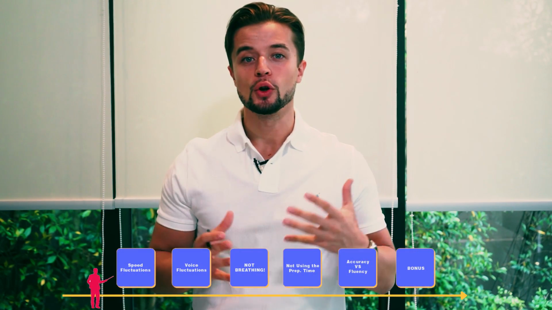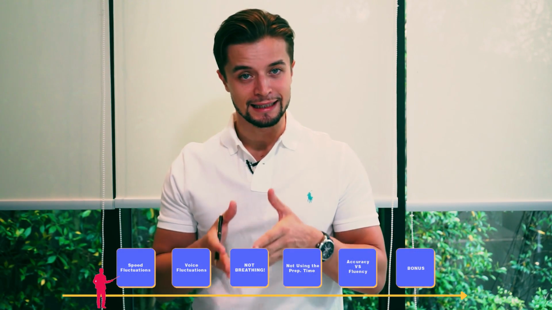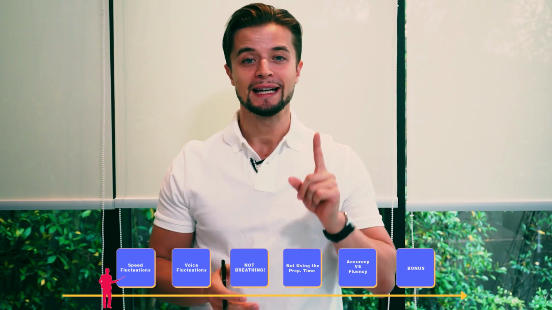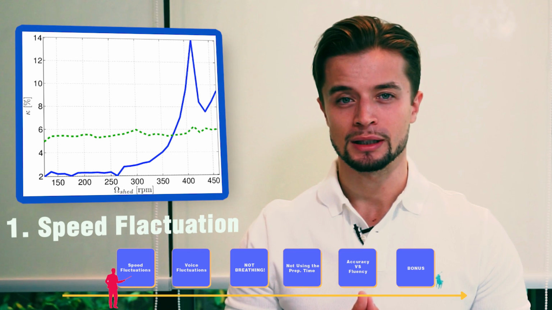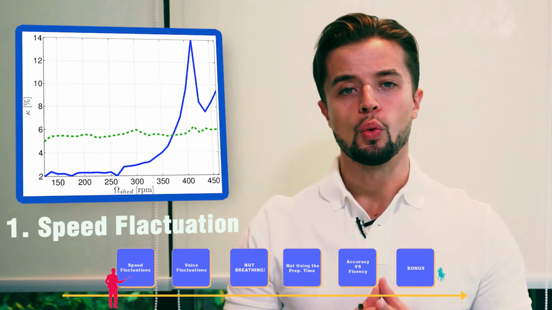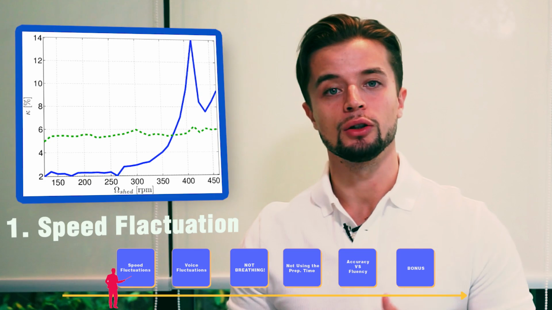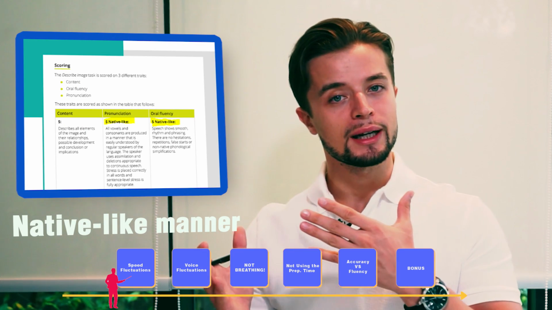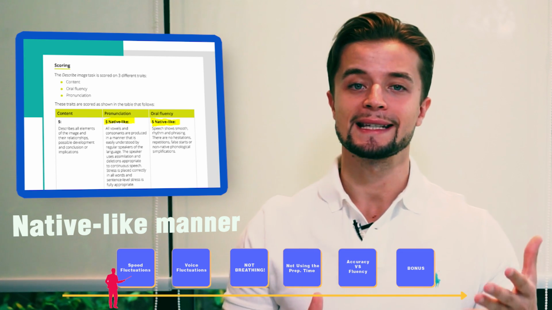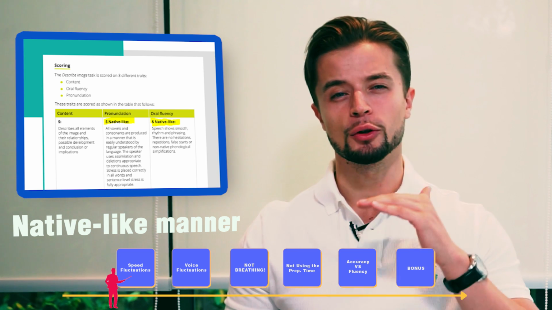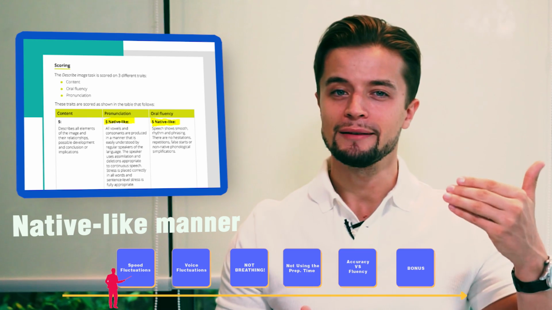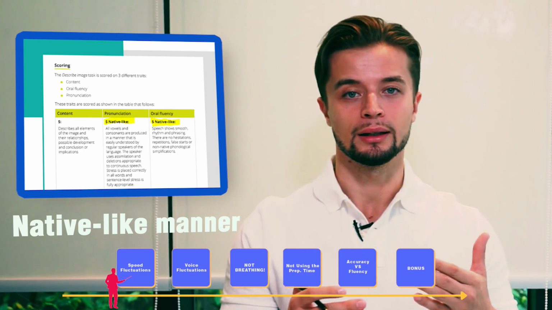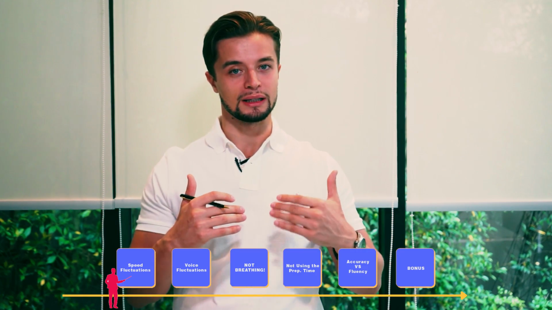All right, the mistake I've noticed in my students this year in particular is speed fluctuations. So number 1 is speed fluctuations. What do I mean by that? One of the things that PTE is marking you for is speaking in a native-like manner, okay? So when they're comparing your recording to a lot of the sample answers they have in their system, they're looking for a particular tone. If you start reading fast and then slow down, fast and then slow down,